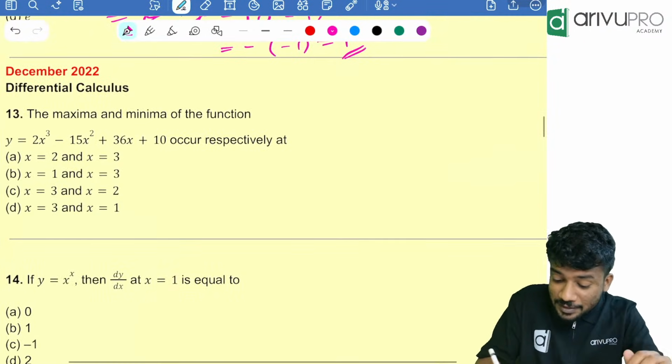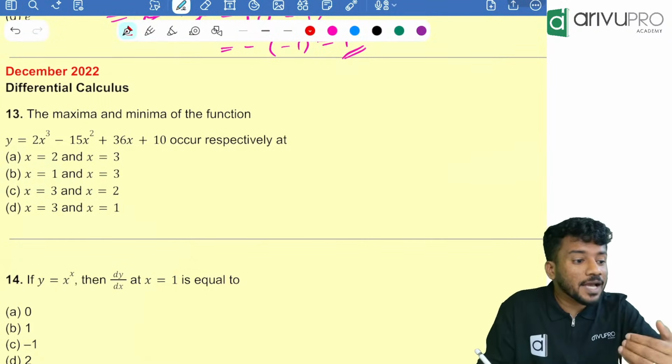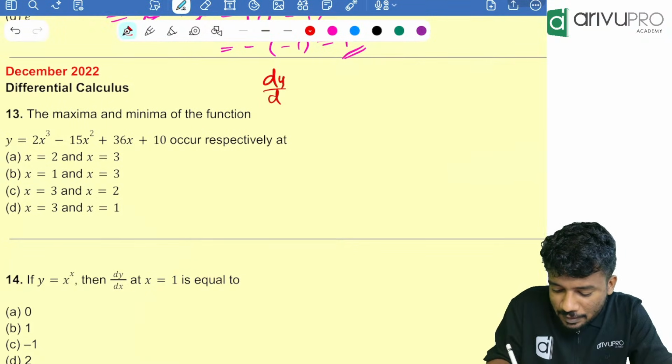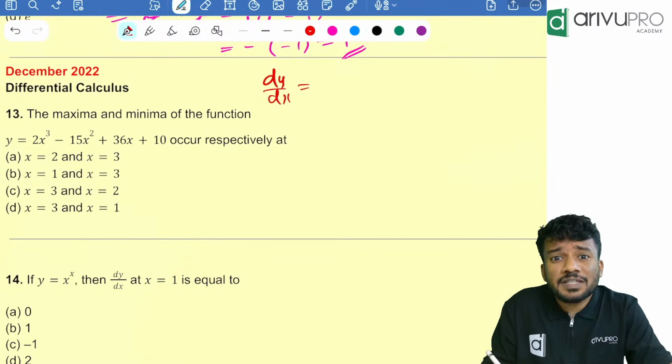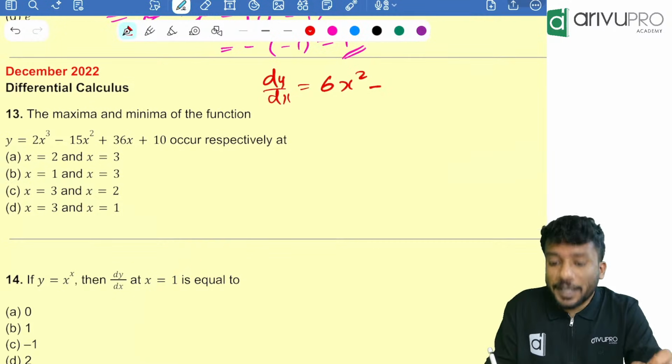Now I will revise the concept along with this so that it will help you out. Now people, in order to find maxima and minima, we need to take the first step. First step is derivative dy by dx, which is equal to what? 2x cube is how much? 2 into 3x square. That will become 6x square minus 15 into 2x. Derivative of 15x square is 15 into 2x, that is